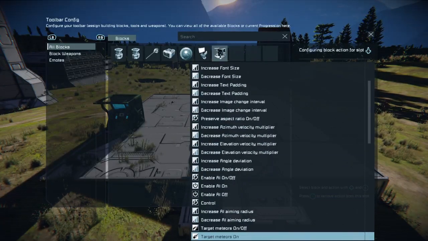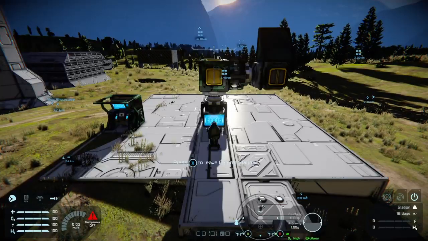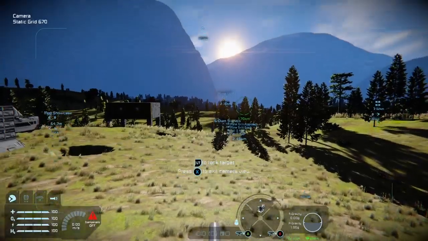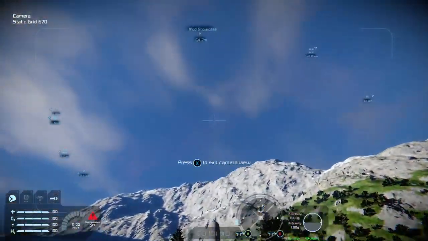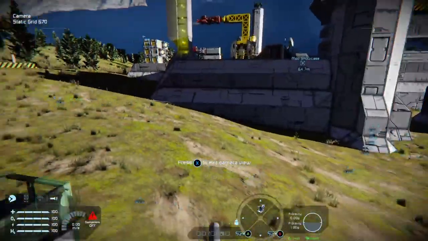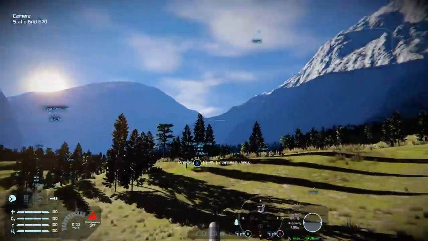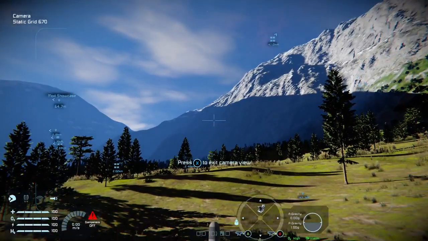Right down here under Enable AI on and off is control. And if you've done everything right, you should be able to see you can move your turret. It won't turn all the way around because I put the control seat and everything there.